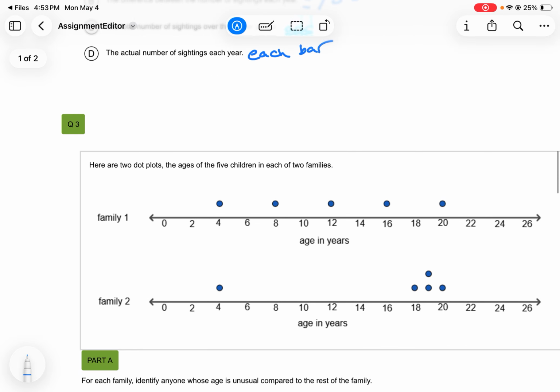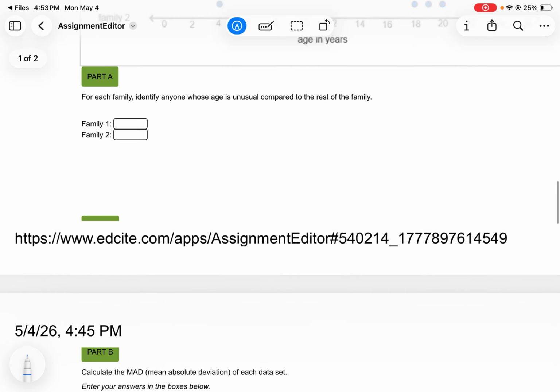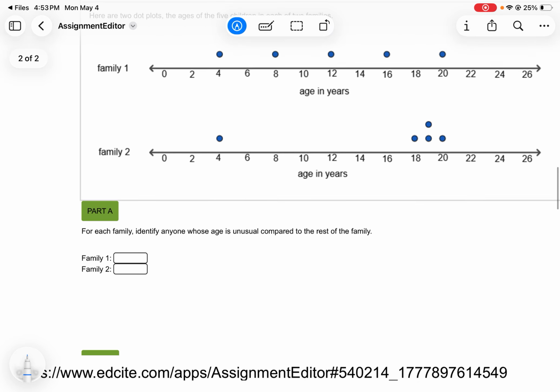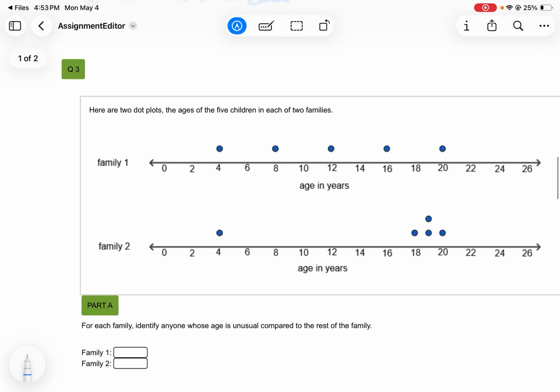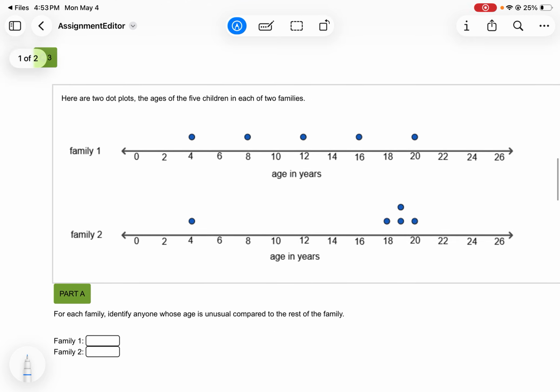Okay, so now this question has part A, part B, and part C. So for part A, for each family, identify whose age is unusual compared to the rest of the family. Well, for family 1, it's all spaced out, and there's no, this is